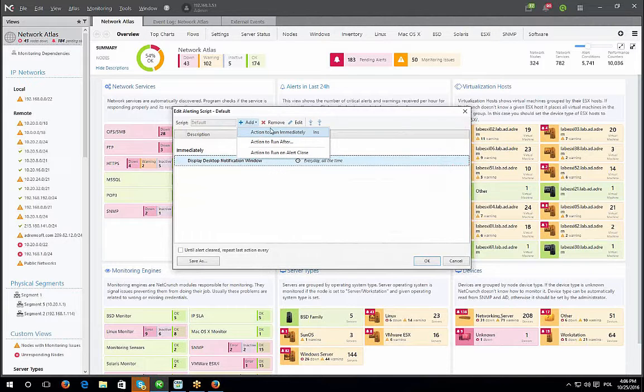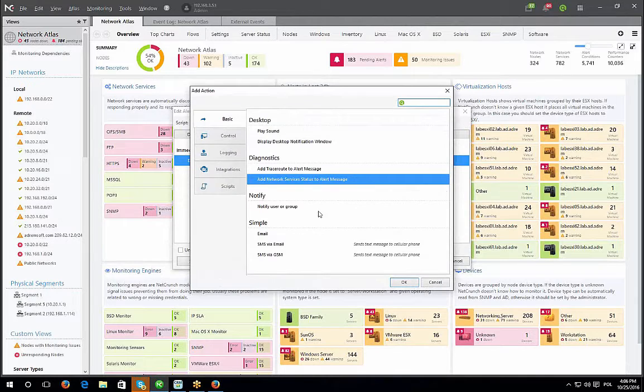But for the purposes of this, I'll just show you the different kinds of things that we can do. So of course, there's some basic stuff. Play a desktop notification window, that's going to be at the bottom right here. Play a sound, notify user or group. So if you do have a larger network or you have multiple administrators in charge, you can notify them when problems happen in their part of the network that they're responsible for, but not notify the other ones who have